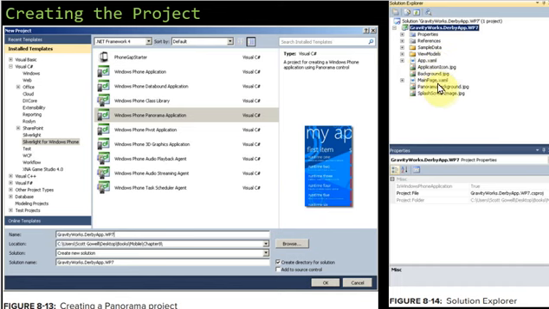And you have MainPage.xaml, the page that loads by default. So app.xaml is the entry point for the application, and main page is nothing but the default page. It's like your home page, a page that will load by default.